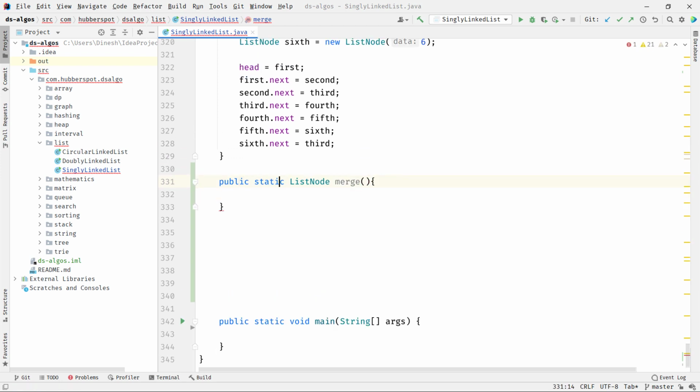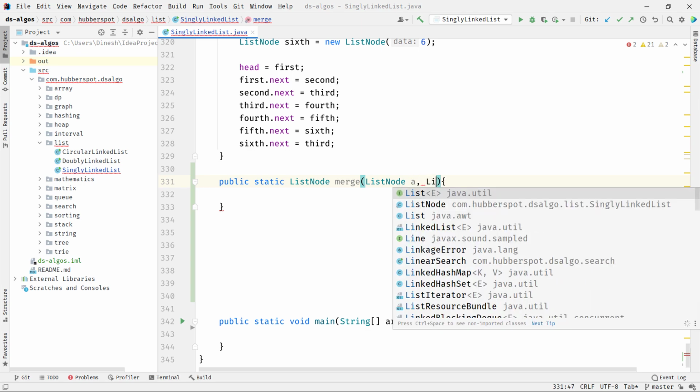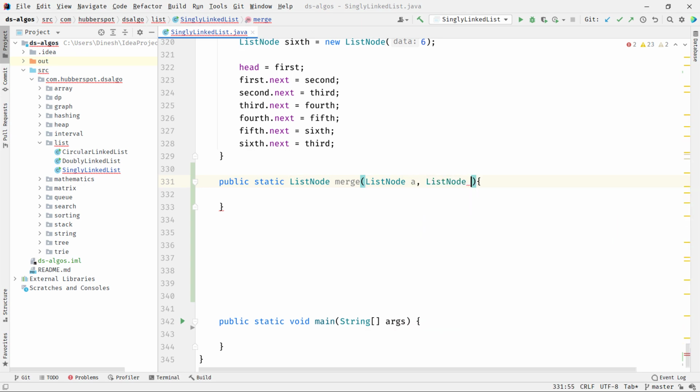This merge method will take two ListNodes, A and B. These two list nodes represent two sorted singly linked lists, and our task is to merge these two sorted singly linked lists and return the result from this method.